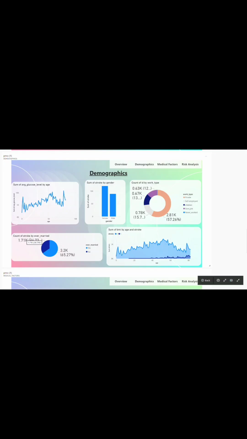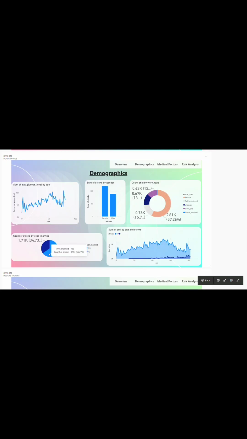When we see the count of stroke by ever married, we see that married people have 65.27% of the stroke value, and unmarried, we can see that value is 34.3%. In this, more of the stroke cases are female than male, and these are all the values for the never married and ever married people. By this, we can visualize that the married people population is larger, so naturally more stroke patients fall under